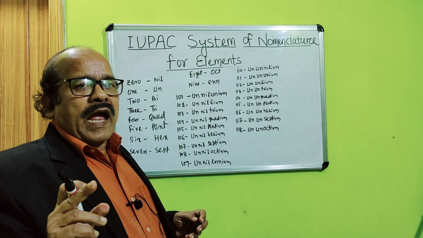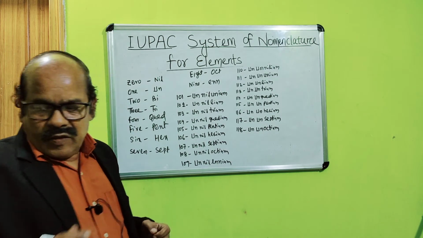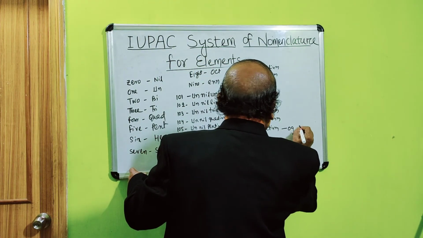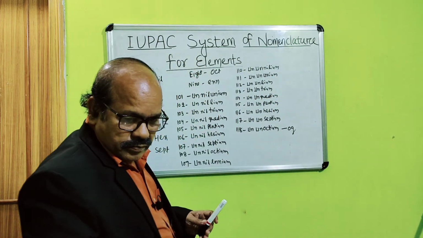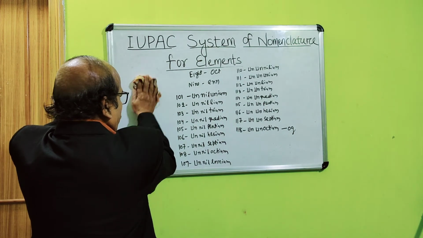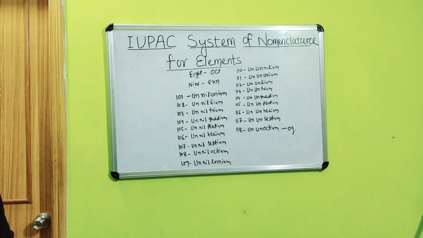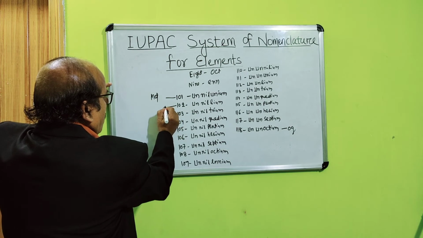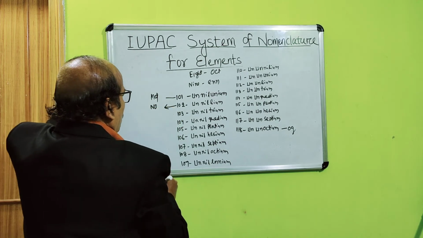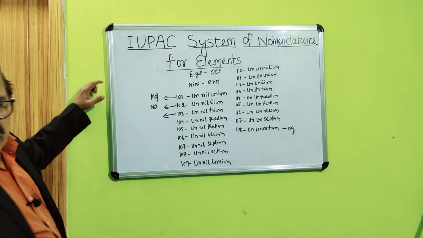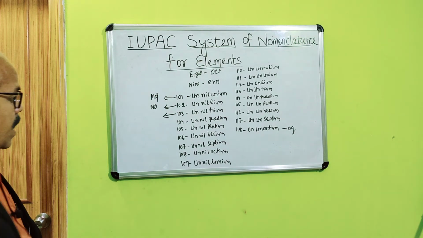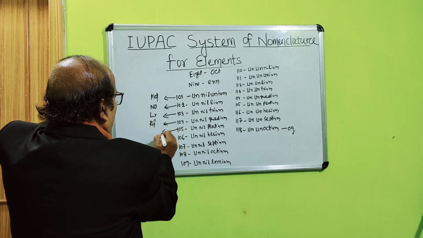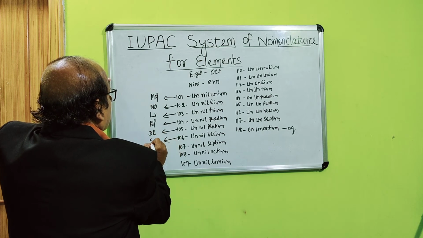a particular name is approved by IUPAC and that name is given. For 118, the name is Oganesson, Og. 101 is Md, Mendelevium, 102 is No, Nobelium, 103 is Lr, Lawrencium, 104 Rutherfordium, 105 Dubnium, 106 Seaborgium,